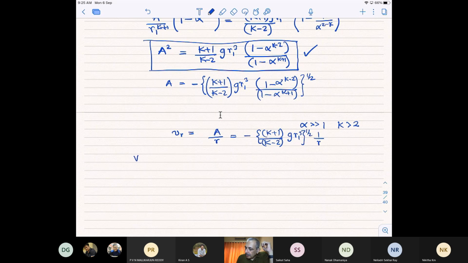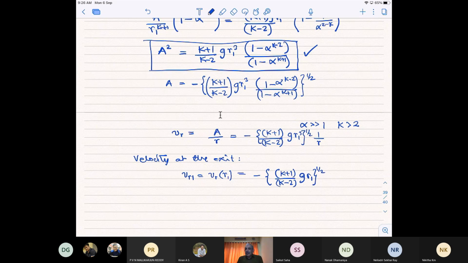So if you want to find out the velocity at the exit, then what we get is that VR1, which is velocity at R1, is just equal to minus (k plus 1 divided by k minus 2) into G R1 raised to the power of half. So this is really a very nice result,